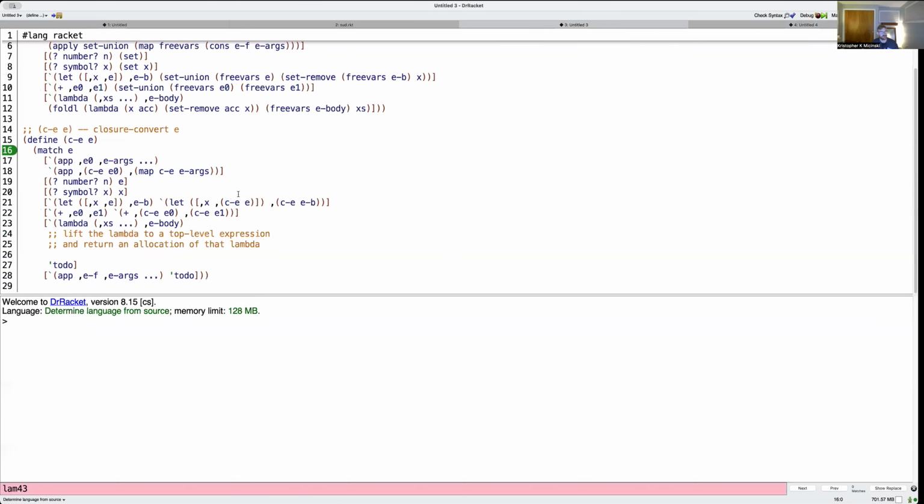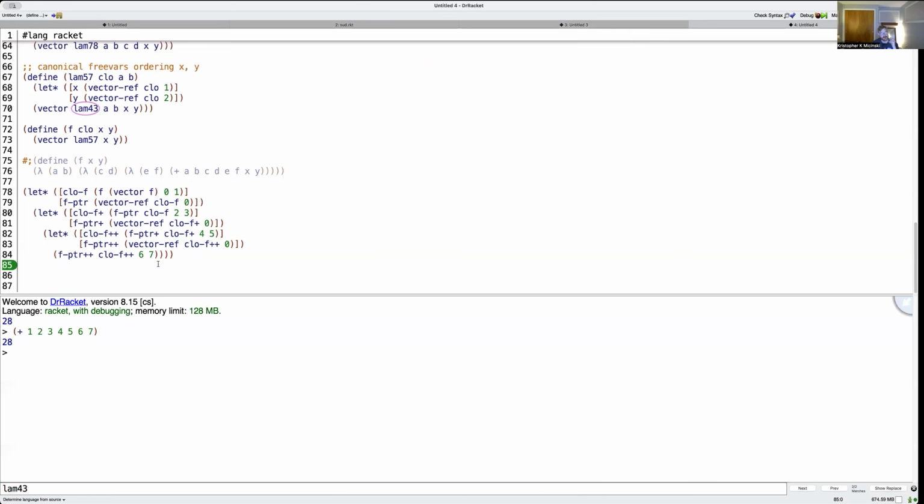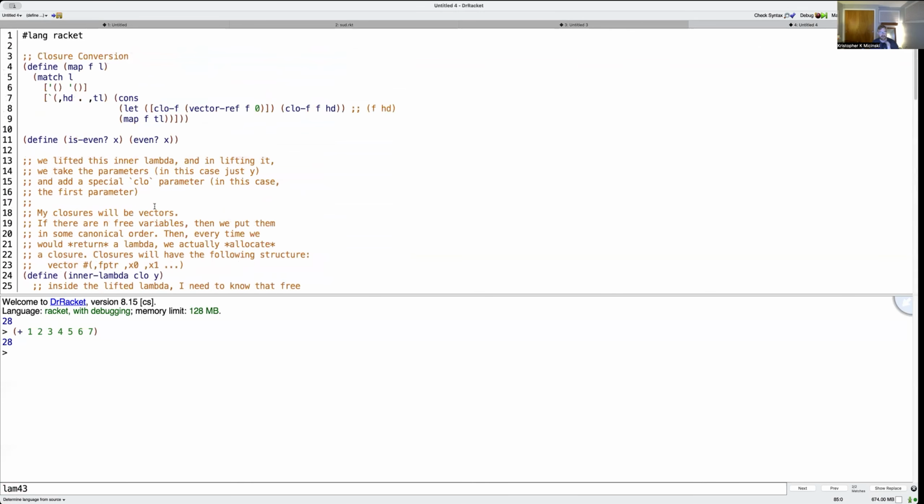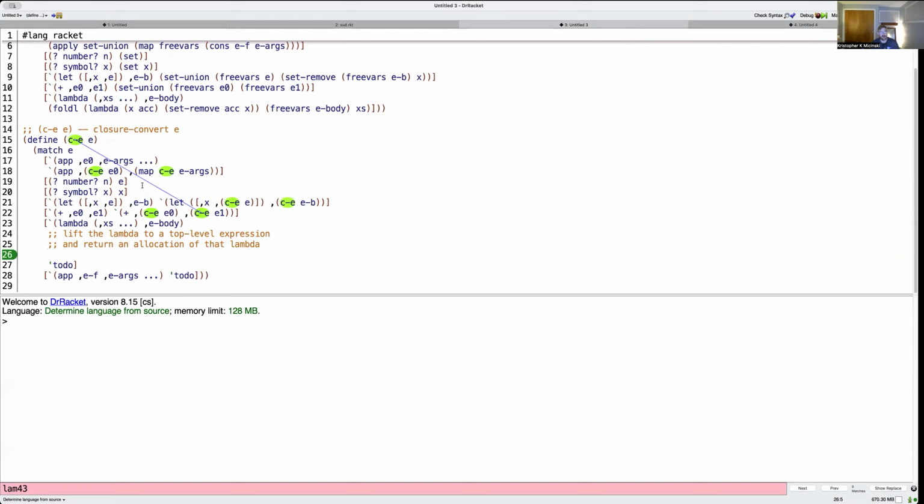All right. So we've talked about how to manually do the closure conversion process. Now let's talk about how to systematically do the closure conversion process. And by systematically, I mean we want to write a function C-E that accepts an expression E and spits out basically a closure converted version of it. And so, I think,